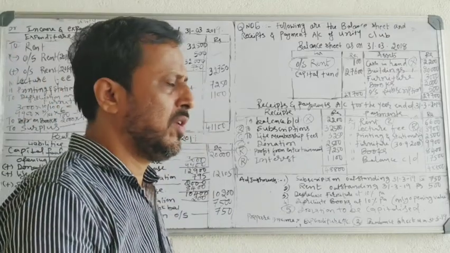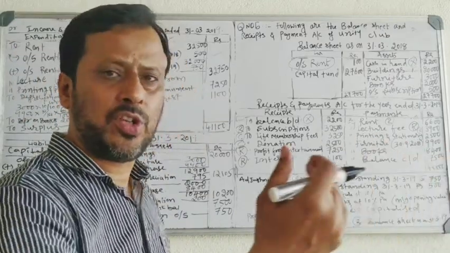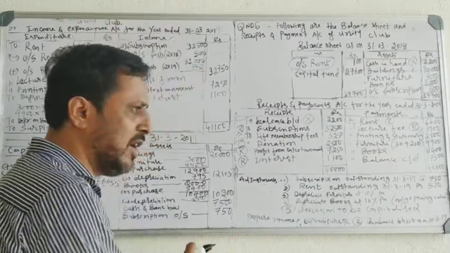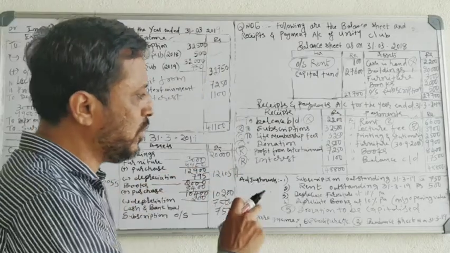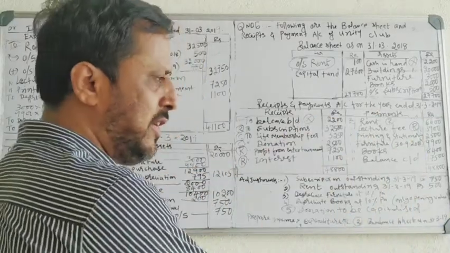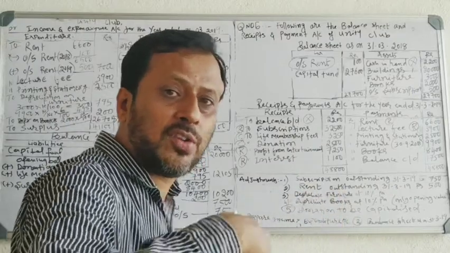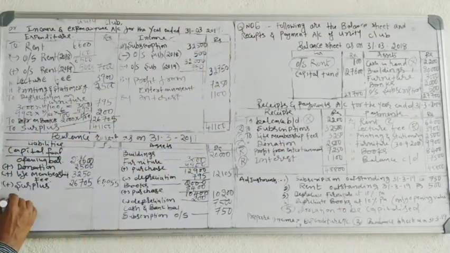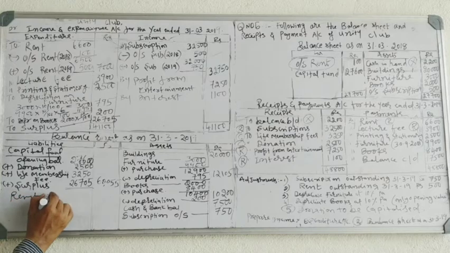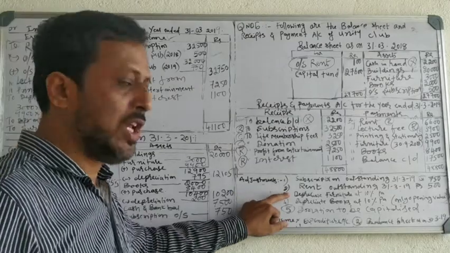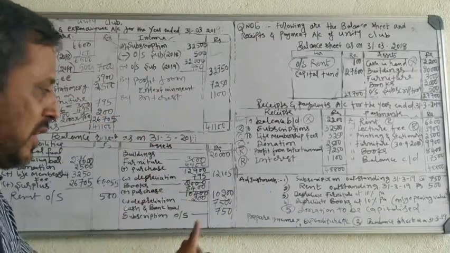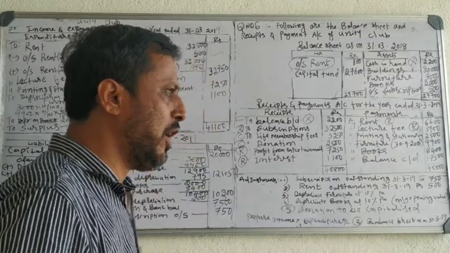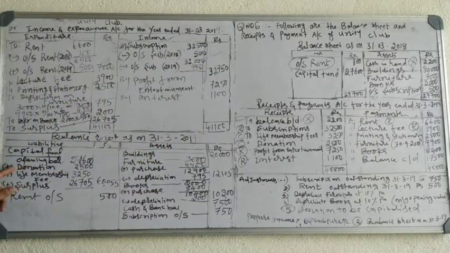If the organization has to receive the outstanding subscription, it is an asset, show it on the asset side. If the organization has to pay, it is a liability, show it on the liability side. Subscription outstanding, the organization has to receive, asset side. Rent outstanding, the organization has to pay, liability side. Depreciation on furniture and books you have taken in the income and expenditure account and deducted here. That is over. Donation to be capitalized: you have added it to the opening capital fund. Okay, so we have taken all the items.